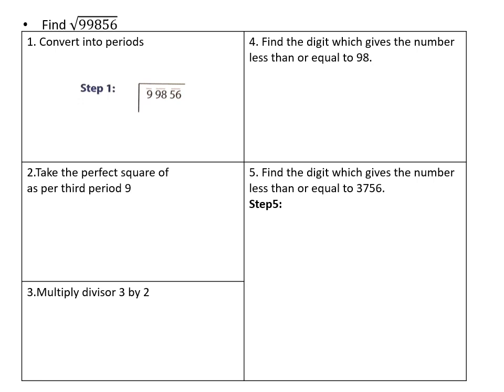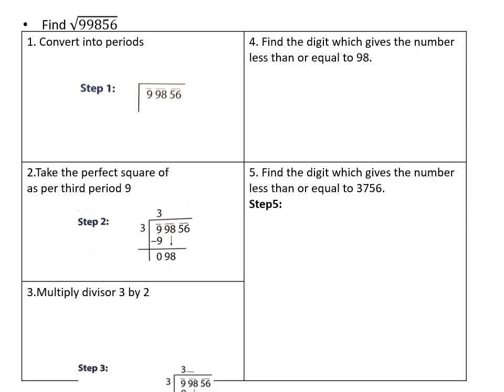Now after distributing it into periods, we will have to take the perfect square of the first period 9. 9 is already a perfect square. So again 3 into 3 equals 9. Subtract that 9, we get 0, and then next to that the period is 98. So bring down the 98. So our new dividend is 98.